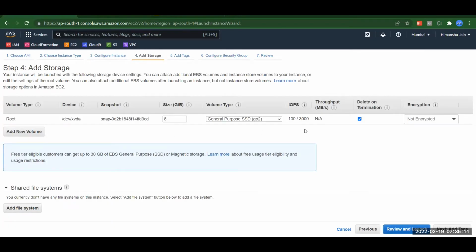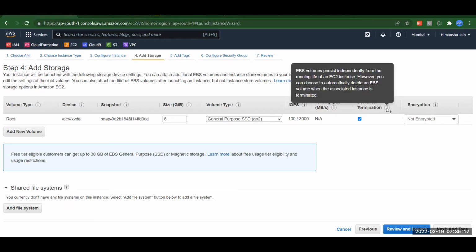But one important point I think we didn't cover. If you see, this one option is there, delete on termination. Any idea about this by reading this message? When you close the instance, it will automatically be deleted. Correct. So whatever storage is getting created with my instance, if I terminate my instance, that storage will